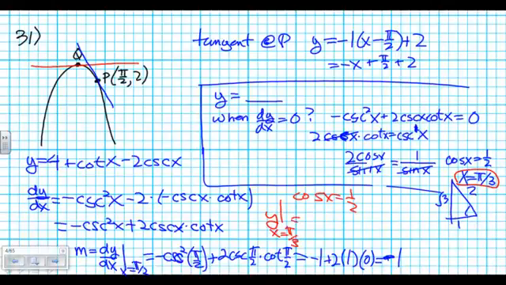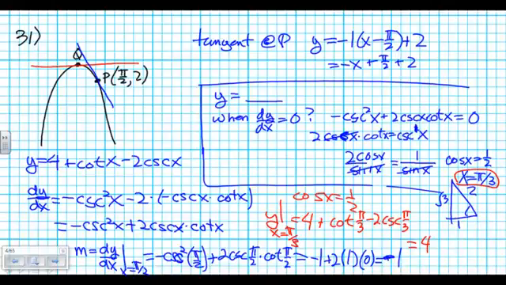I plug it back into my original function, 4 plus the cotangent of pi over 3 minus 2 times the cosecant of pi over 3. Good thing I have my reference triangle here. This is equal to 4 plus cotangent of pi over 3. Pi over 3 is here. Cotangent is